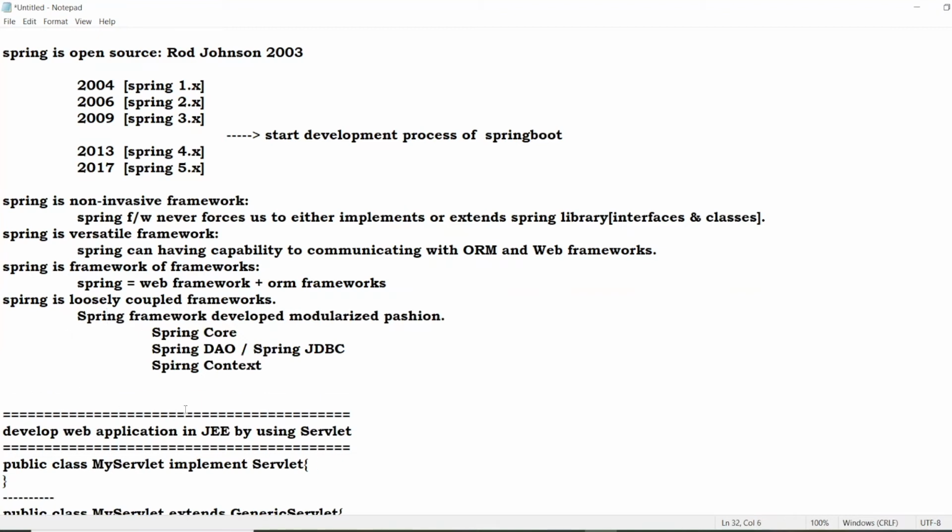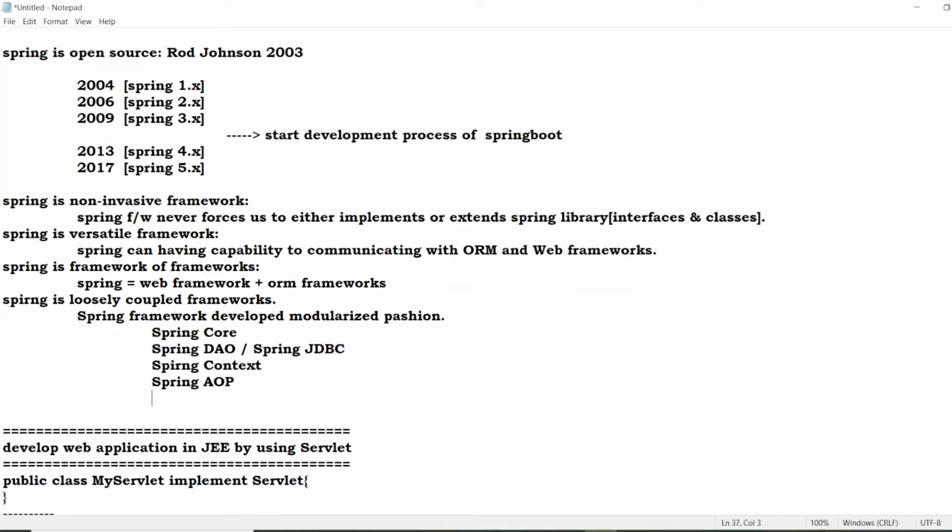Spring AOP. See guys, learning Spring means learning all these modules. Learning Spring Boot means learning all these modules only. Most people think learning Spring Boot means learning a different framework. No, Spring Boot is a different way of developing Spring applications. But we can develop lots of new things, like REST and microservices, with the help of Spring Boot.